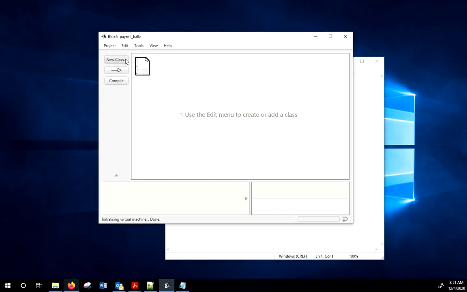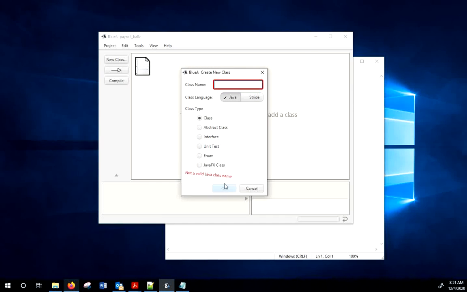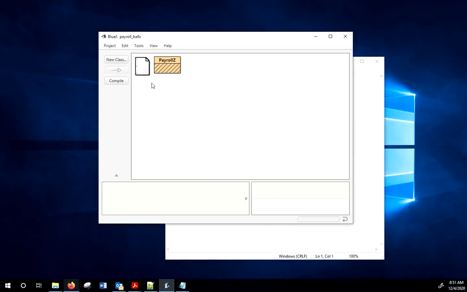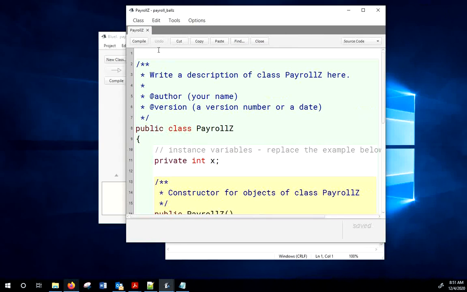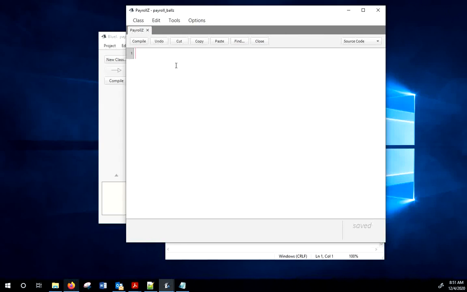All right, let's write our class. We're going to name this class PayrollZ. Okay, we'll go ahead and get rid of all that. So what we're going to do is some imports. We're going to import